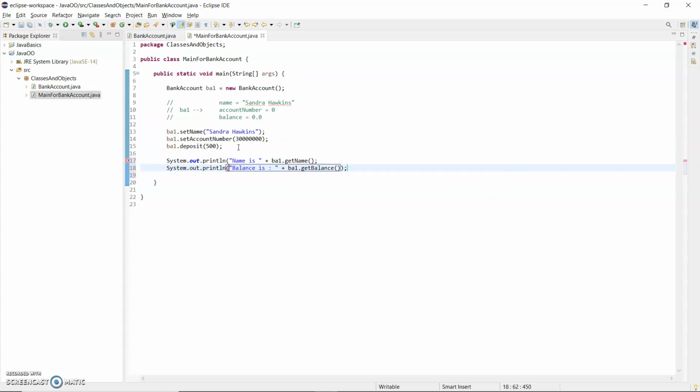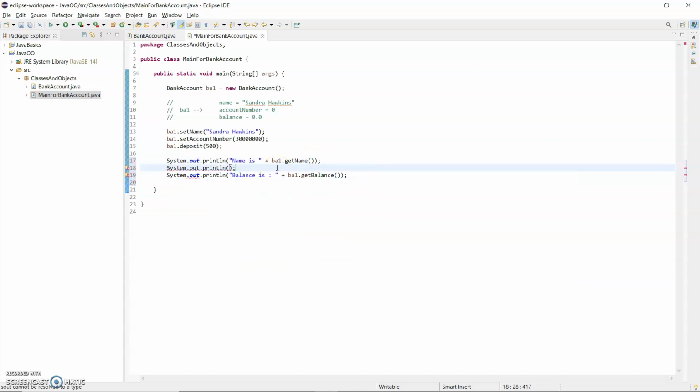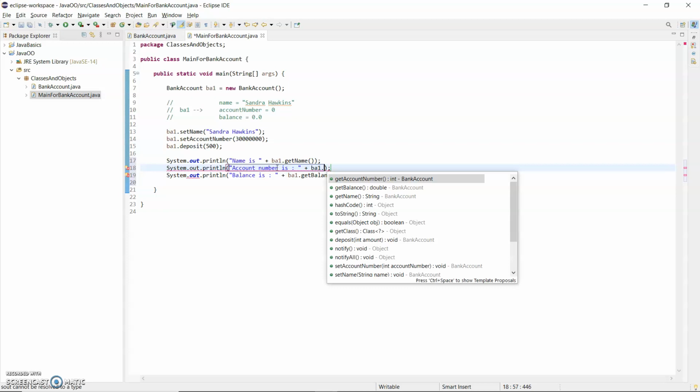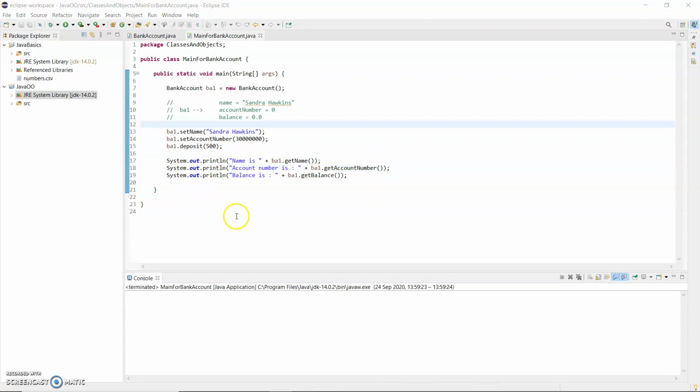And finally, the account number. Now, just to keep with, I'm missing a closing round bracket there. And just to print out there the account number. Is BA1 dot get account number. Now, okay, so when I run this,